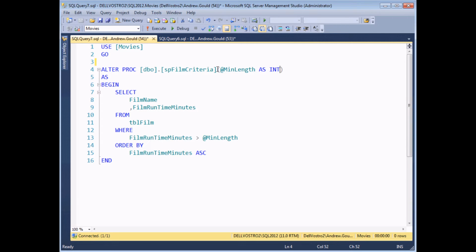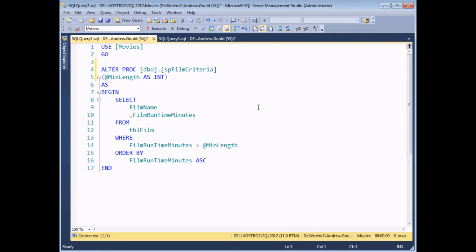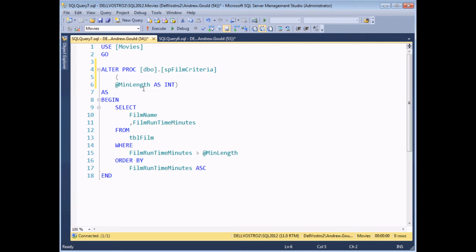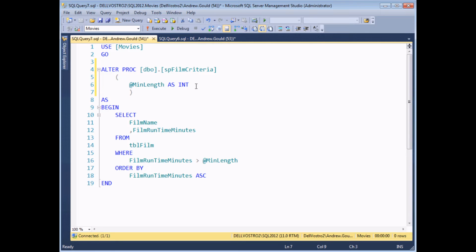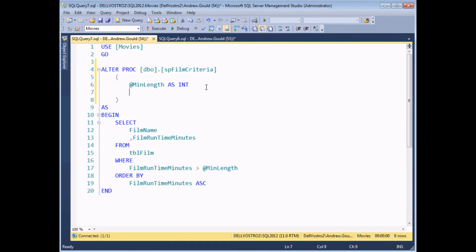Now when I'm doing this, I like to create a slightly more easy to read layout. So what I'm going to do is take the parameter list onto a different line first of all and indent that by pressing the tab key. I'm also going to take the list of parameters onto individual separate lines as well. So leave the brackets or the parentheses by themselves on their own separate lines, and then what we'll end up with is very similar to the way that I structure my select lists. You have one parameter on one line, and on the next line, beginning with a comma, the name of the